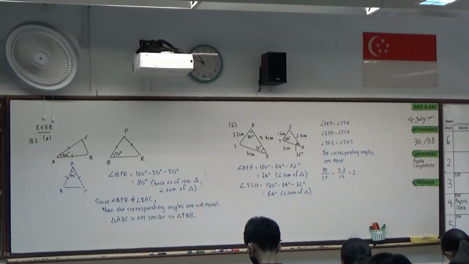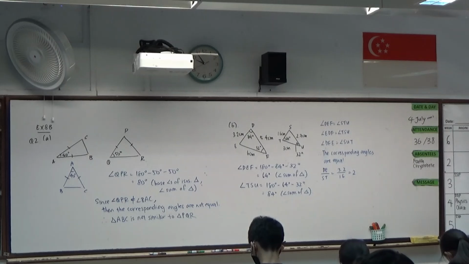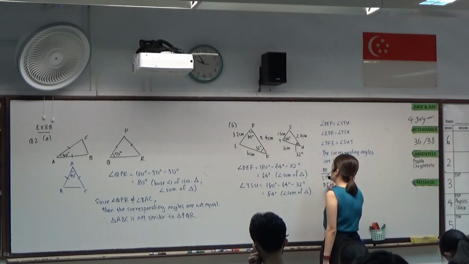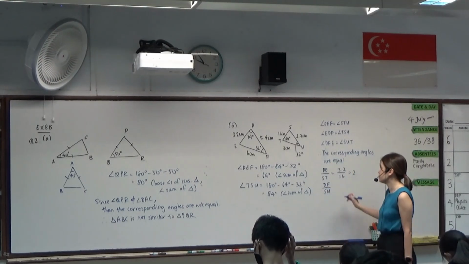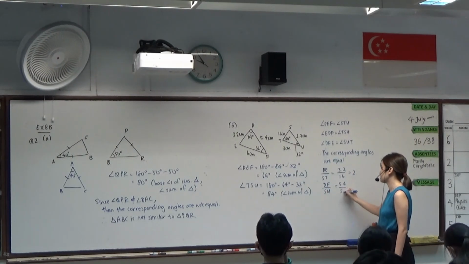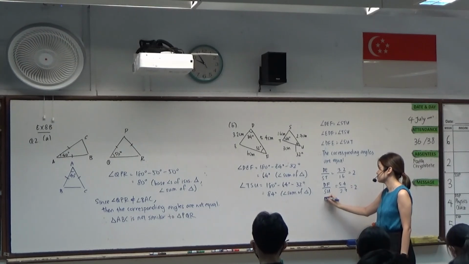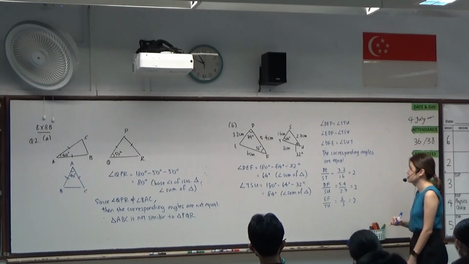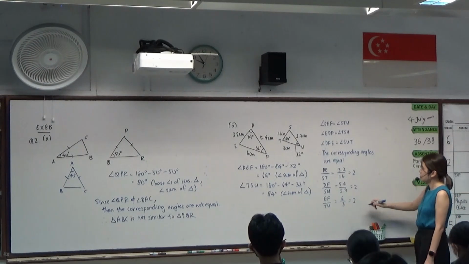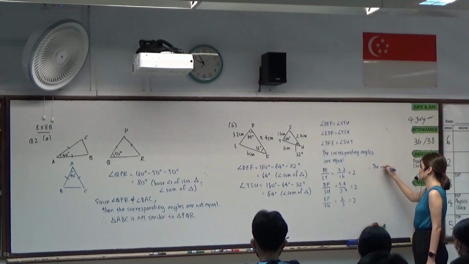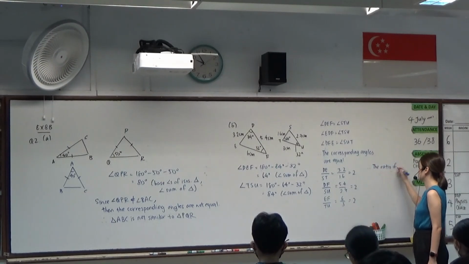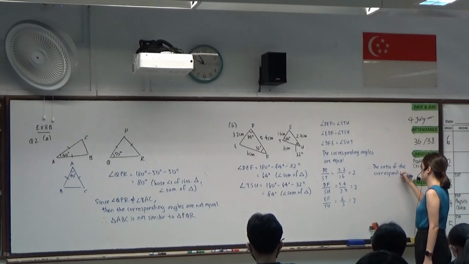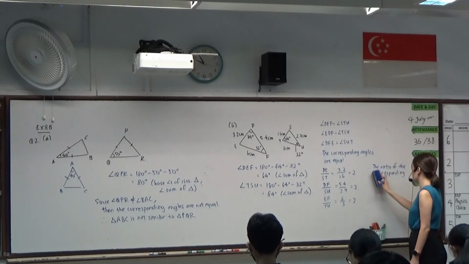DE corresponds to ST, which is 3.2 divided by 1.6, that's 2. I'm quite sure I did something similar before in a couple of examples. DF corresponds to SU, so 5.4 divided by 2.7, that's 2 as well. EF corresponds to TU, which is also 2. So therefore, the ratio of the corresponding sides of the length of